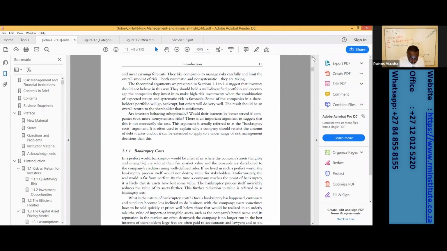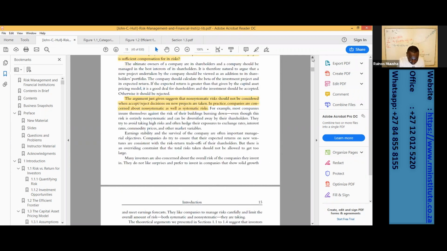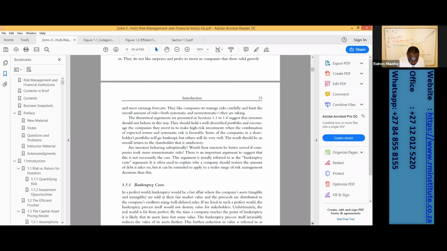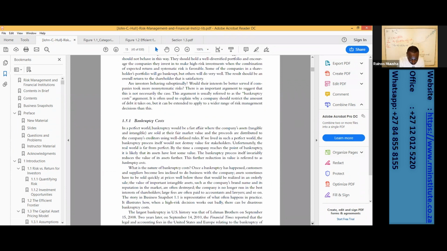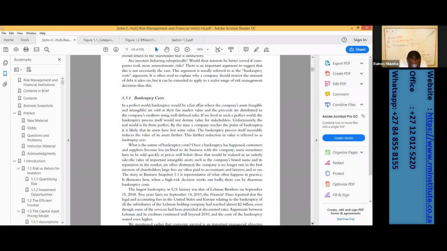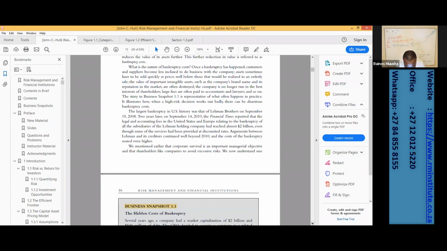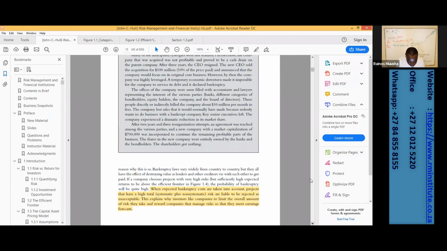So, with that in mind, we now look at the different issues that need to be taken into account when it comes to the risk-return relationship for a company as well. And the first issue that needs to be taken into account is the bankruptcy costs, right? And when you look at the bankruptcy costs, they say